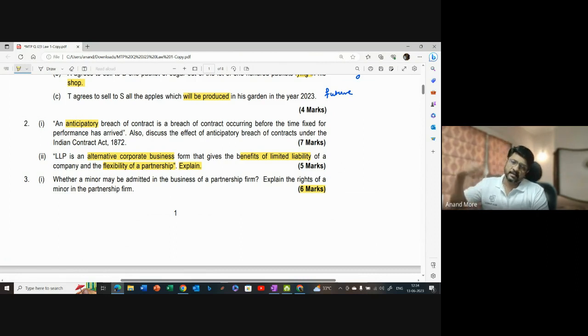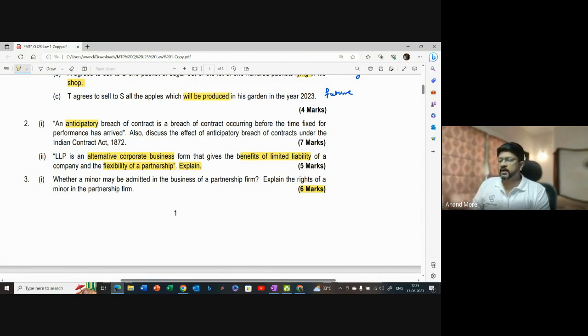So the first para is: under the Indian Contract Act, a minor cannot be a party to the contract because he is incapable of entering into a valid contract. However, under the Indian Partnership Act, it is possible for an existing partnership firm to admit a minor as a partner in the partnership firm. First para is complete. Second para. In this case, when a minor is admitted by an existing partnership firm, he can be admitted only for the benefits of the partnership. He cannot be held responsible for the liabilities of the partnership. These 2 paras are complete.